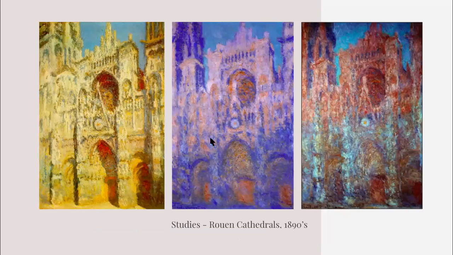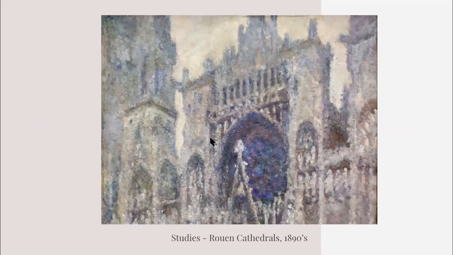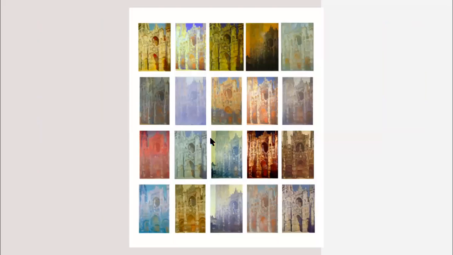We can see this here in his studies of the cathedrals. Monet was someone who would spend most of his days documenting how the sunlight would hit a building. So this is what we see with cathedrals. He would do a whole series of paintings of just looking at the light and how it affects the building at different periods of the day. This is what he would be doing for most of his time. He has a lot of artwork that is just cathedrals at different points of the day.